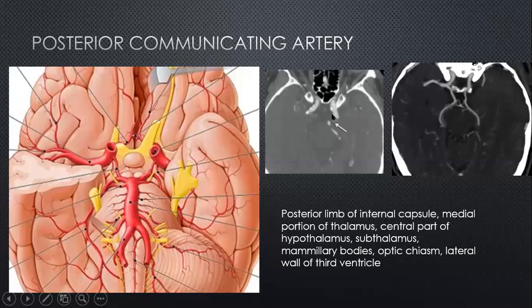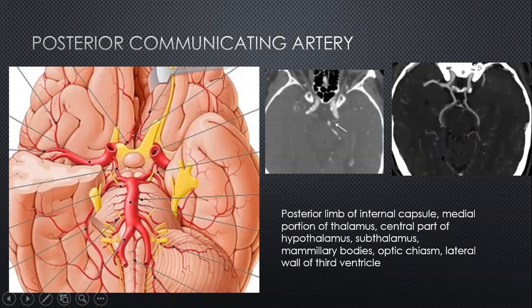And the PCOM itself, as we looked at earlier during our discussions of embryology, is very much in balance. If the posterior cerebral artery is big, then the PCOM does not have to be big. So in this patient, the posterior cerebral artery is probably big in size. But in this patient, the PCOM is small in size, and hence the PCA is a dominant artery on both sides. So this is a very dynamic balance between the PCOM and the P1 segments.